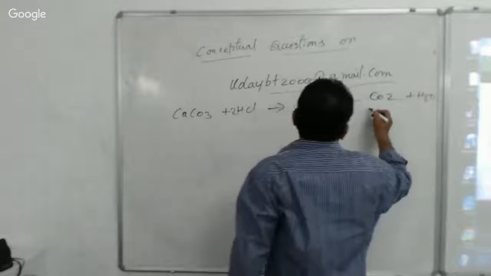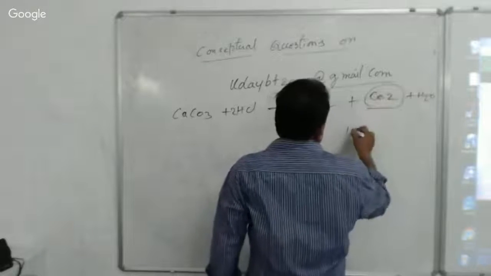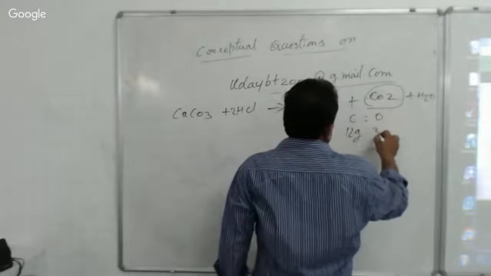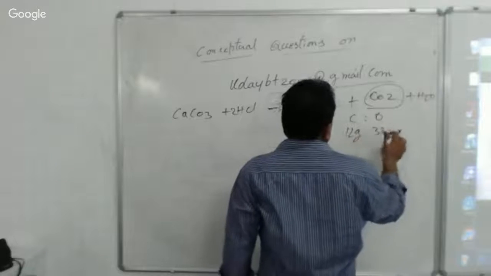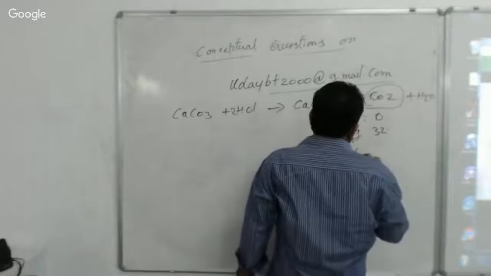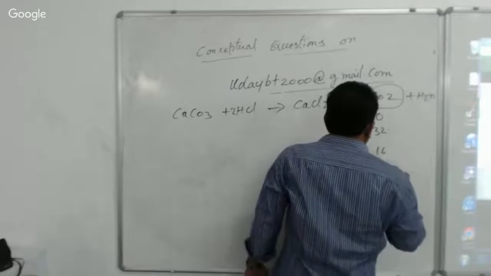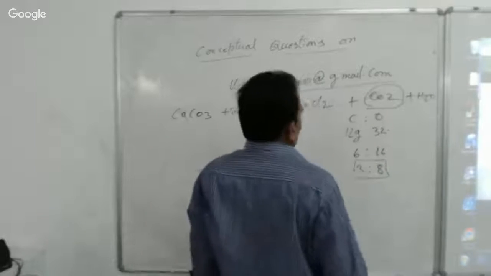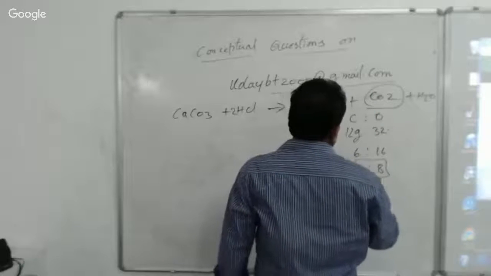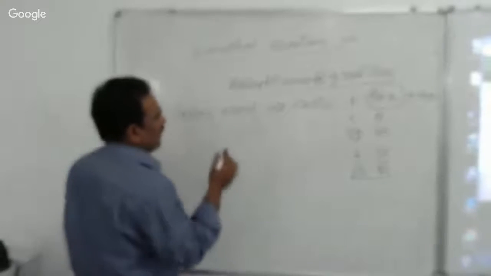Now in carbon dioxide, consider the ratio between the combining elements carbon and oxygen: carbon 12 grams and oxygen 32 grams. The ratio by weight of carbon to oxygen is 12 to 32, which is 6 to 16, and that is 3 to 8. So the ratio of these two elements in carbon dioxide is 3 to 8. Even from another source of carbon dioxide gas,